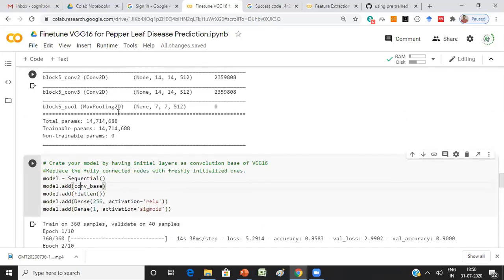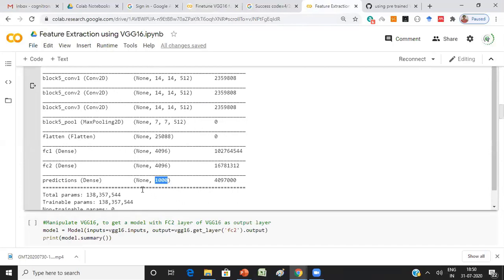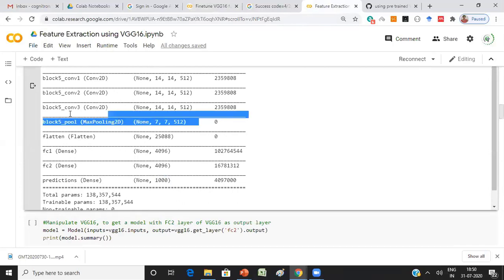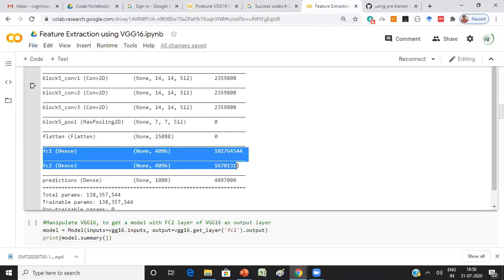Now, what is the output of the final layer of your model, the convolution base? It is 7 by 7 by 512. Now, it cannot be directly applied to the dense layers unless we have a flattened layer. If you observe your VGG16 also, this is the final layer, then there should be a flattened layer, and only then can you apply your fully connected layers.